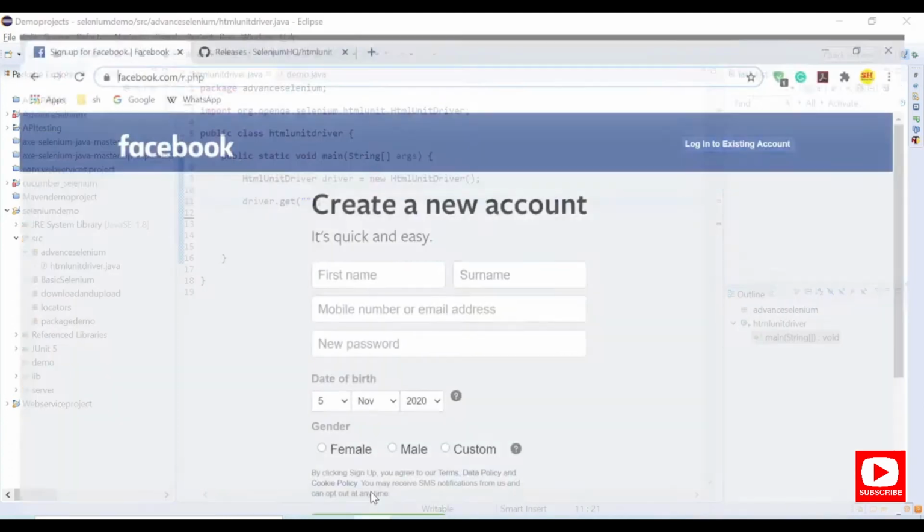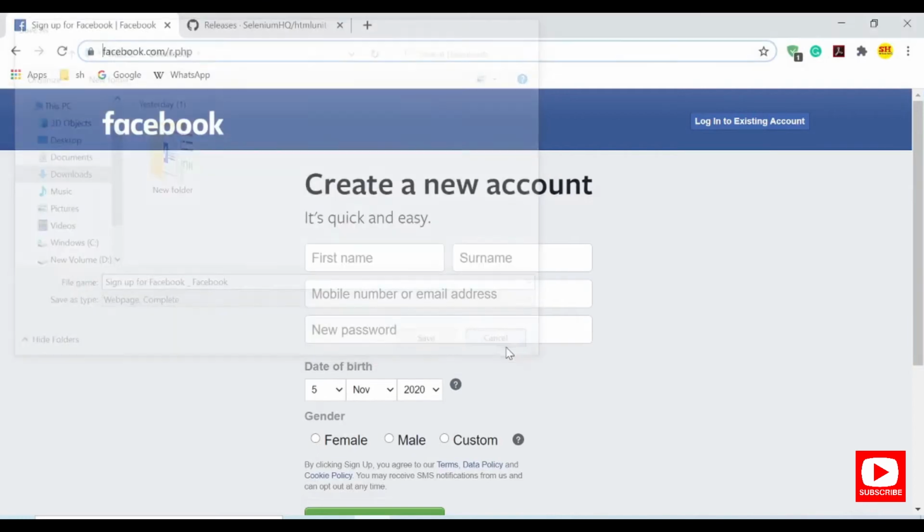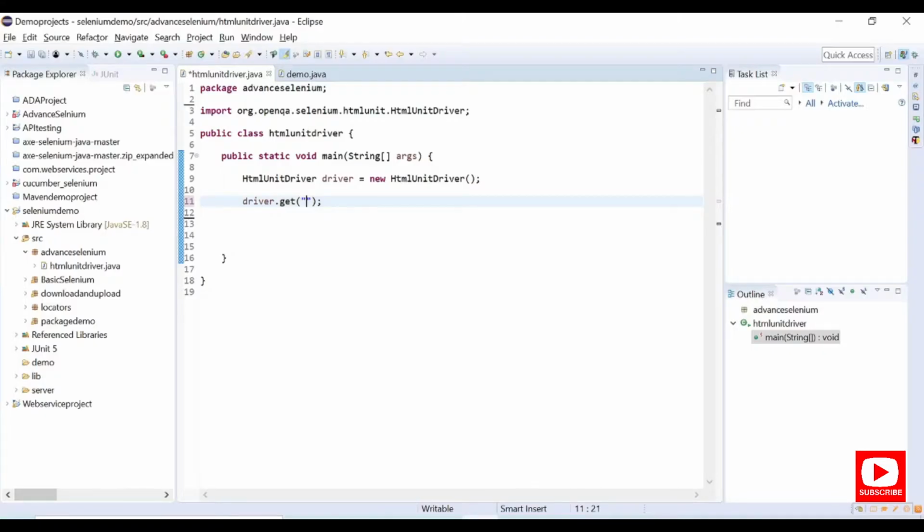Let me use this location, the sample application URL, as my Facebook page, and I will say driver get this location, and after getting the location I will try to print the title of that page.